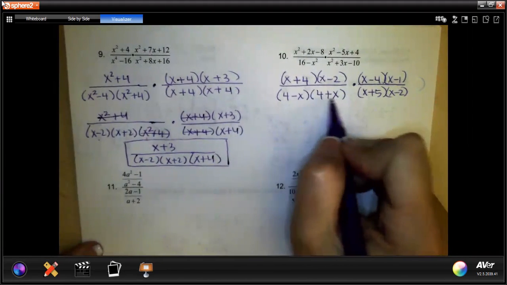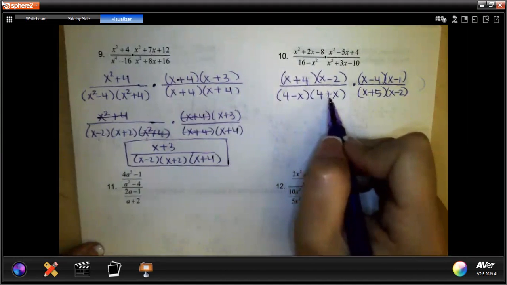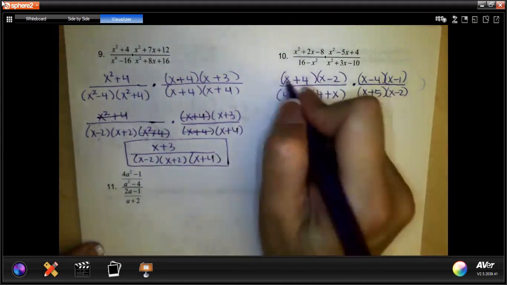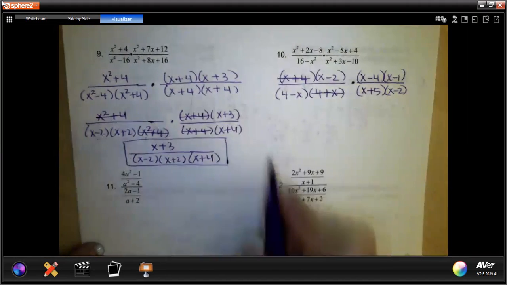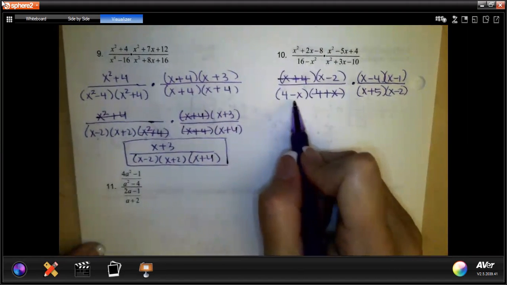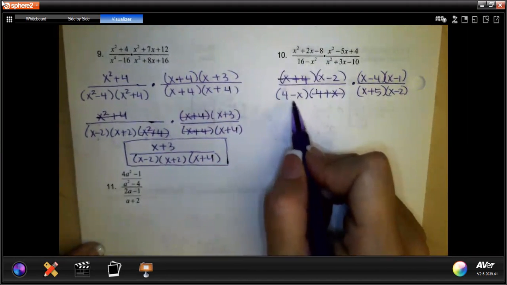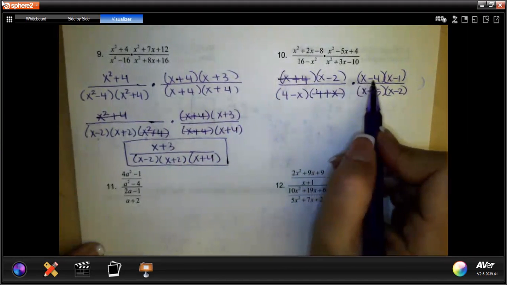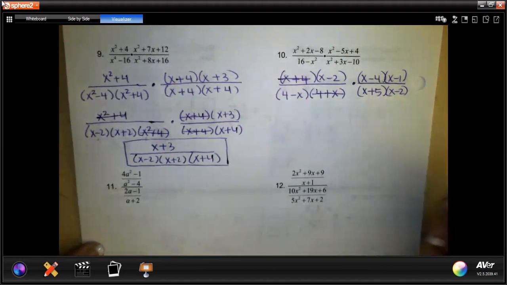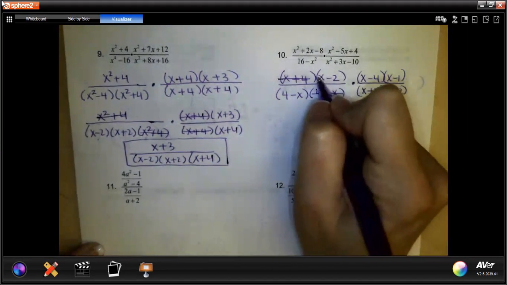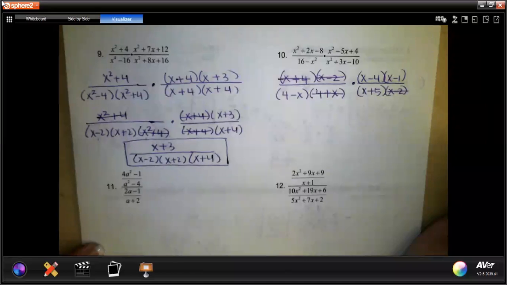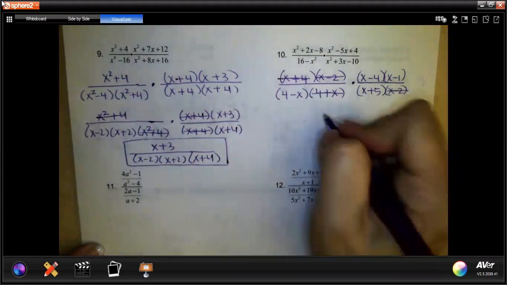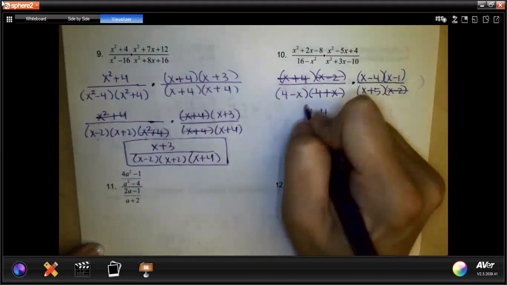Now, x plus 4 and 4 plus x are exactly the same thing. They're both positive, and so this will cancel this one. But here's where it gets tricky. In this case, the x is negative. In this case, the 4 is negative, so those are not the same, and you would not want to cancel that out. Now, the x minus 2 and x minus 2 cancel, and so we're left with x minus 4